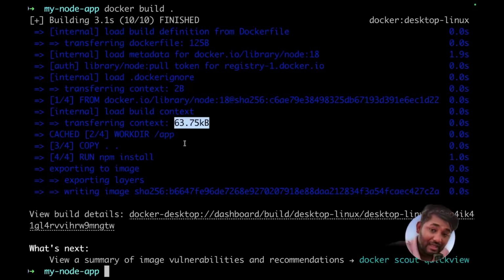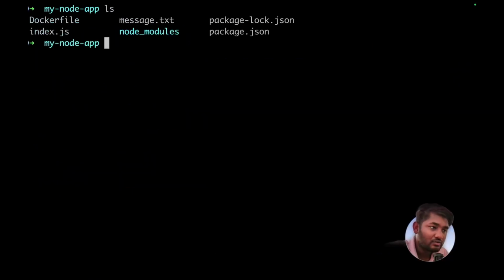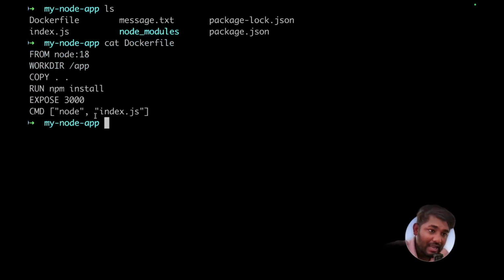But let's say if there are multiple files present in my current working directory, that will create an issue because these do have a capacity. That's the reason we are making use of dockerignore. Now if I do ls, you can see these are the files which are currently present, but out of these there is node_modules which is of no use for us, because even if you delete it, it won't create an issue, because at the end, if you remember, in the Dockerfile itself we are running npm install,